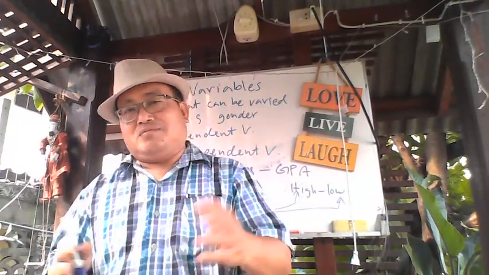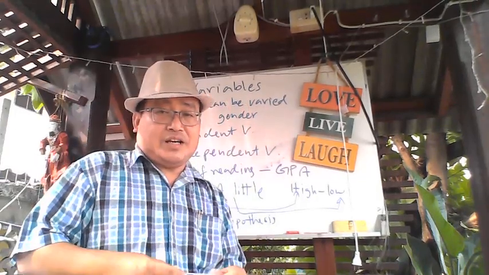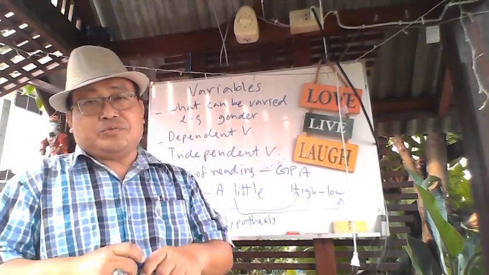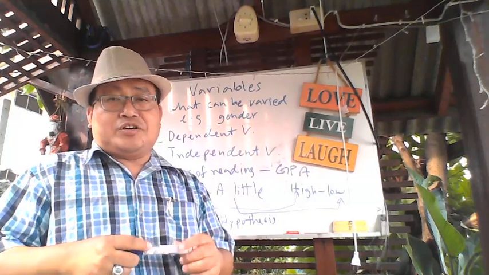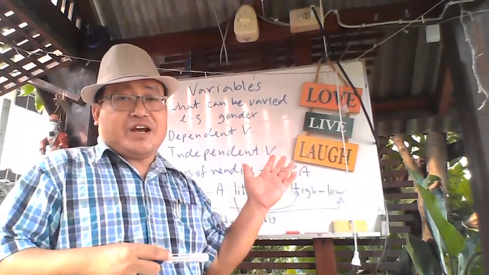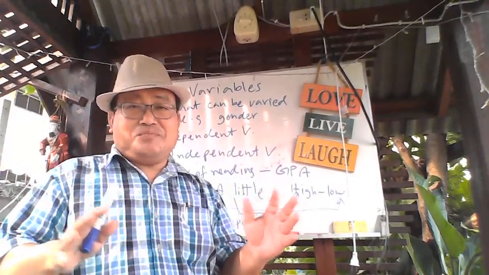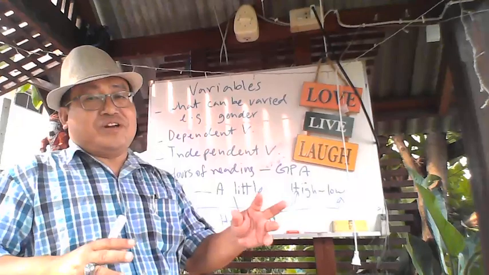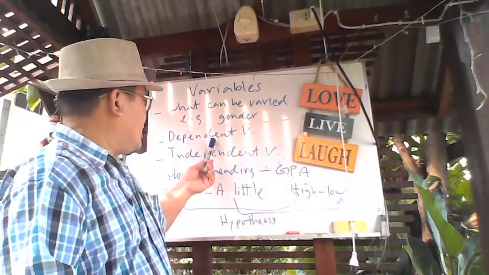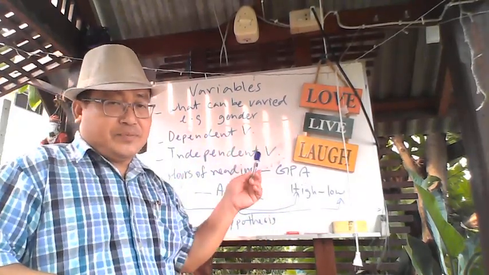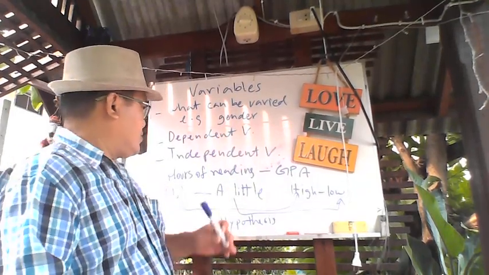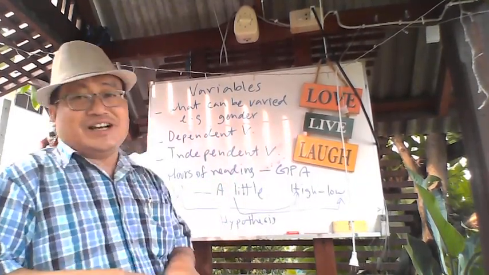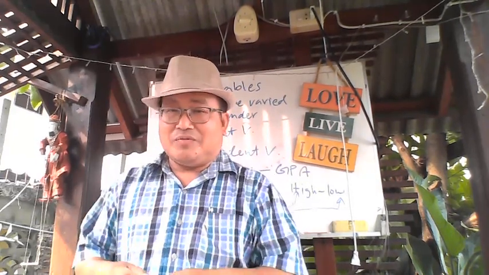I've just talked to you about research as a systematic way of doing something. And in research, we look into what we call the significance of variables. And a variable is just simply something that can be varied, can be changed, can have different properties. And we look into two terms: dependent variable and independent variable. And I have given you an example on the relationship between the hours of reading and also your GPA,